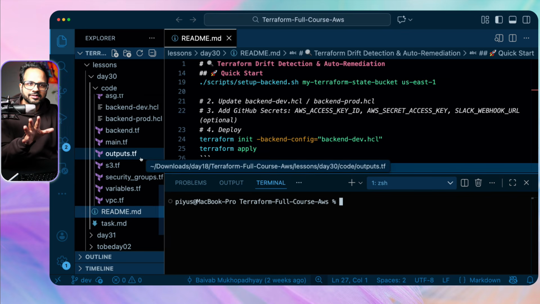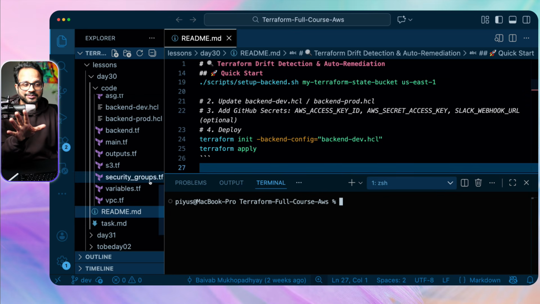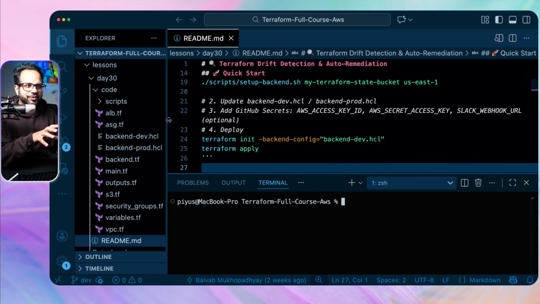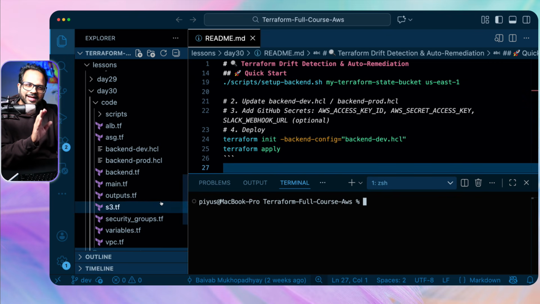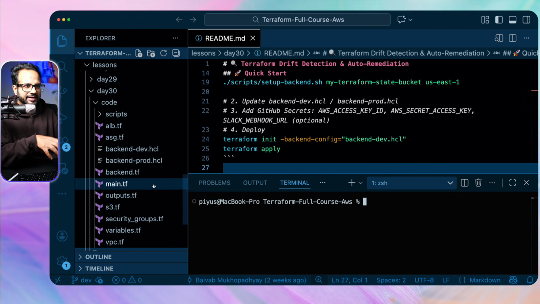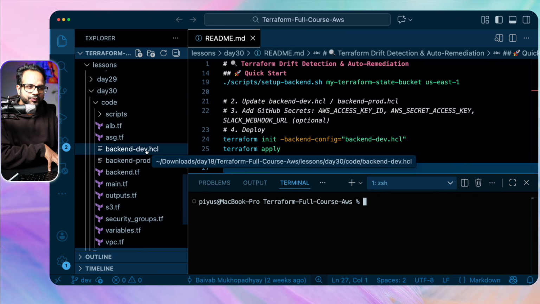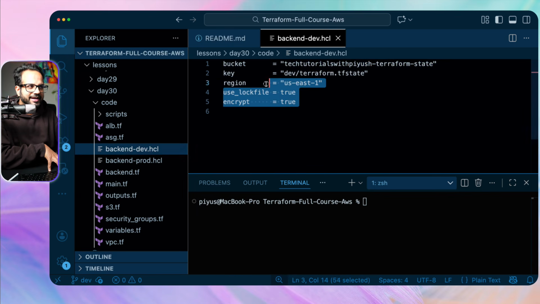because code is something that we have used multiple times earlier, so it will just waste your time and I don't want to do that. I'll just walk you through some prerequisites and some different things that we have done over here. Okay, so for the backend we have created two files, one for the dev backend, which is this,